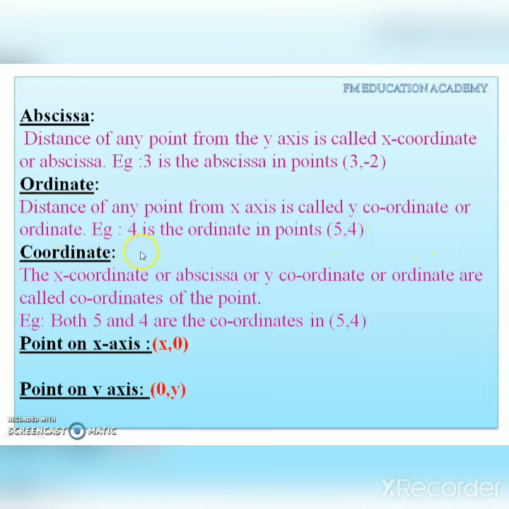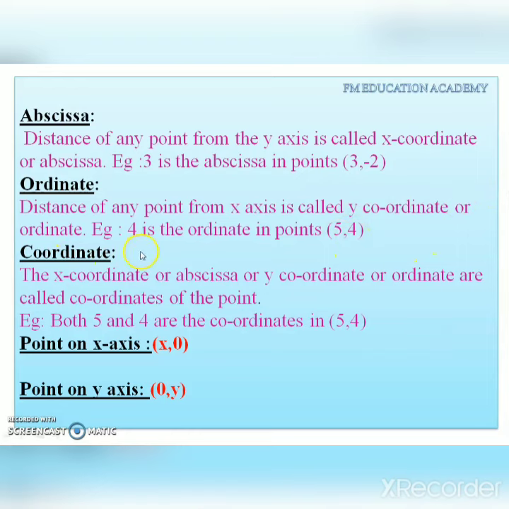Now, there are some more tips which come in your exams, like you'll be tested based on the knowledge of shapes. Here the distance formula will be used. You have to find the distance of AB, AD, CD, BC, then diagonal BD and diagonal AC. Suppose it asks you, show that the points A (x1, y1), B (x2, y2), C (x3, y3), D (x4, y4) are the points of a